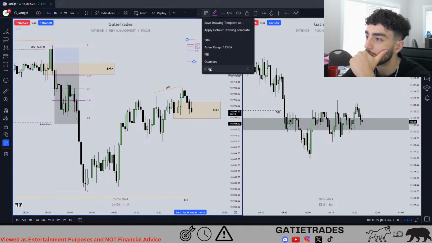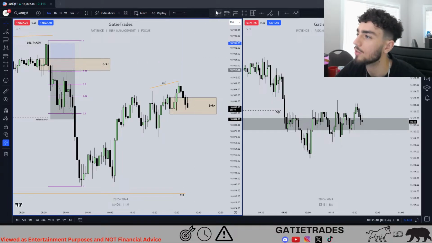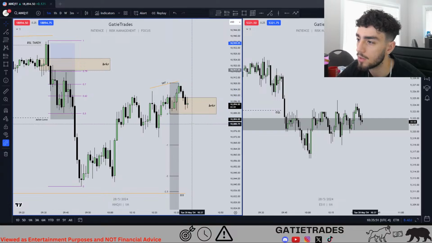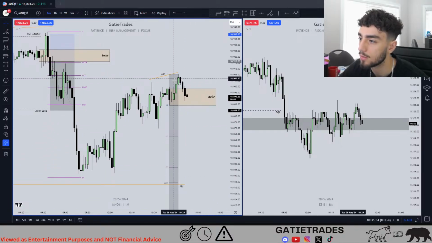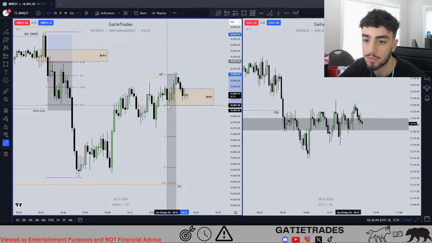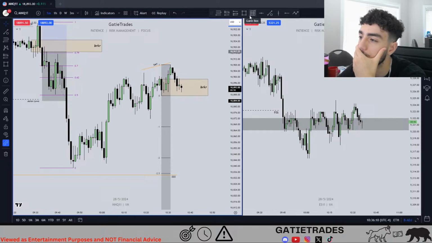Do I have standard deviations? Okay, I do. Because the standard deviations go from the low to high, right? The manipulation leg. So it would be high, low, higher high. So it would be from here to here, if I'm not mistaken. 2.5 right there. Pretty clean if you ask me. Or would you do it from here to here? Yeah, I think this one makes more sense. 15-minute bearish fair value gap. Yes, sir. Lines up perfectly with the drawn liquidity.